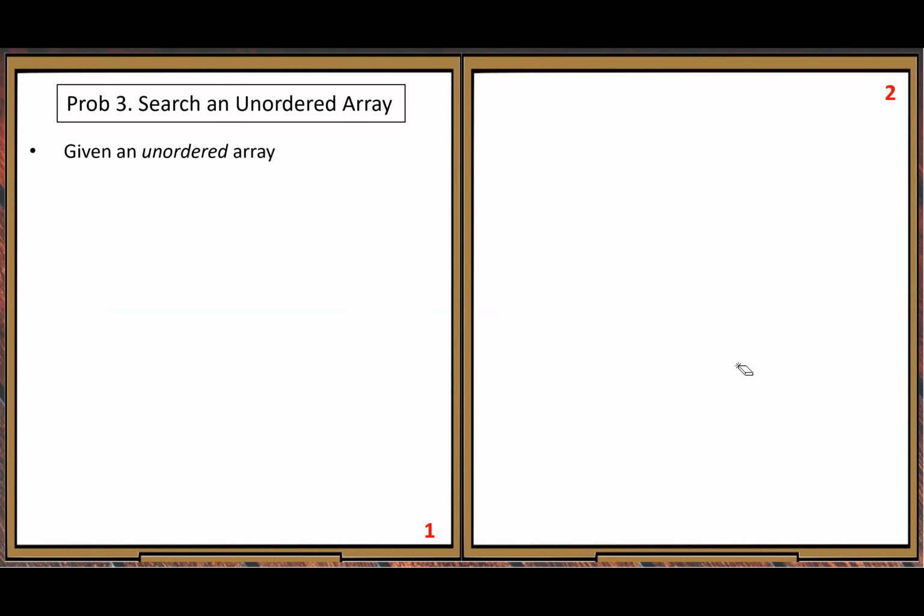The question: given an unordered array, we use this representation. The data size is n, and a search key k. Here, the search key, you can understand in this way. The key value should be one of the values in the array elements, should match one,